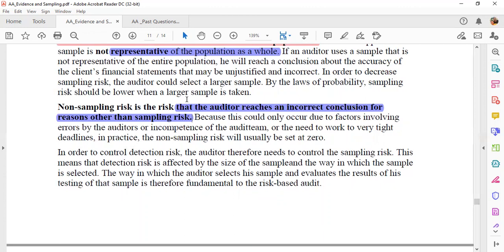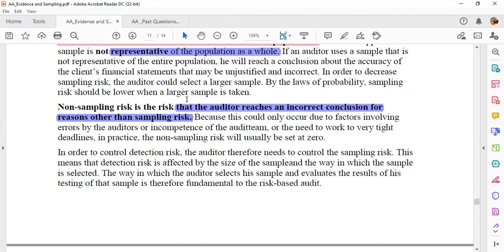So non-sampling risk is the risk that the auditor reaches an incorrect conclusion for reasons other than sampling. So that is what we call non-sampling risk, because this could only occur due to factors involving error by the auditor, or incompetence of the audit team, or the need to work to a